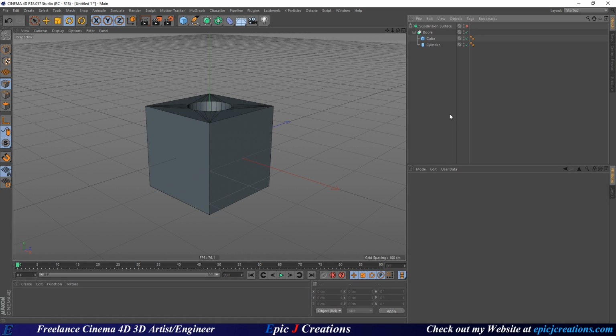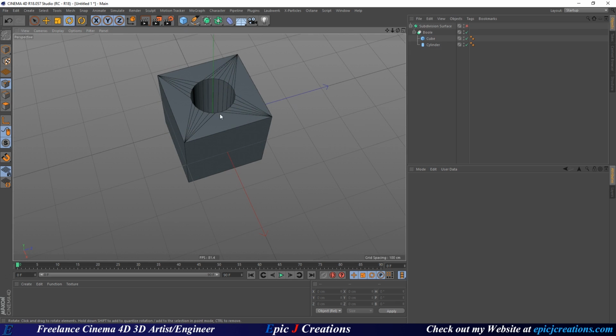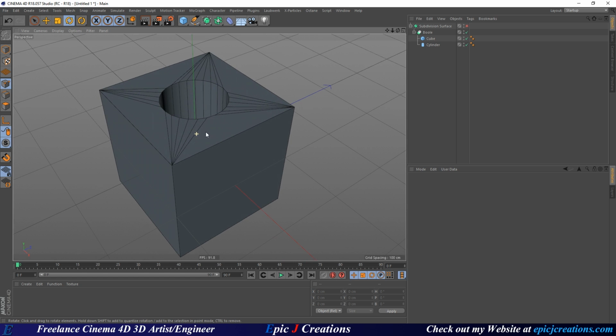Today we're going to be learning how to model a perfect hole in any object without using a boole. In this tutorial I'm going to show my two favorite ways of doing this, and each one has its own set of pros and cons. But to begin, we're going to start by looking at the old way of doing it, or not really the old way, but the most common way, which is by just taking a boole and cutting a hole in an